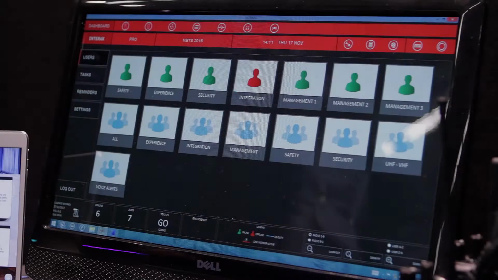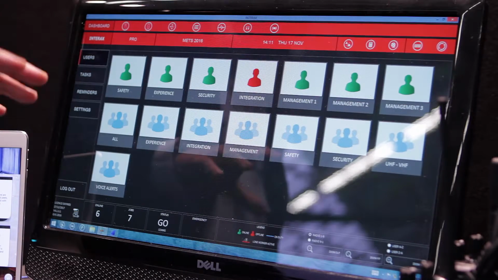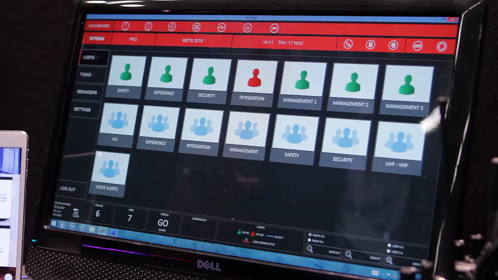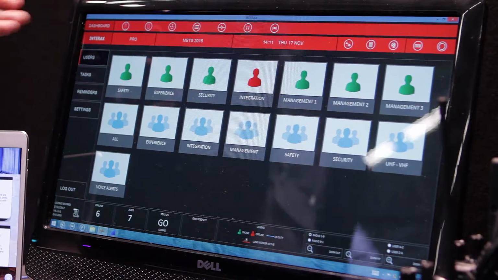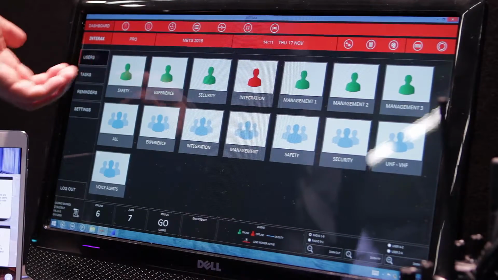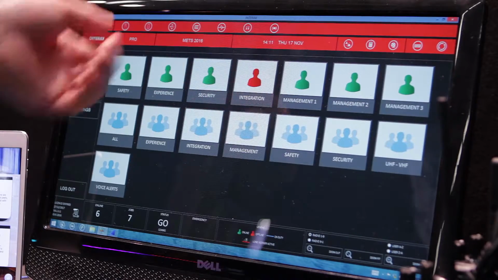So what you can see here is the main screen for the VesselWatch system. Now this is unique, there is no other system in the world that has a visual interface. So what you can see, for example, here we've put them for marketing purposes, safety, experience, security, but these actually